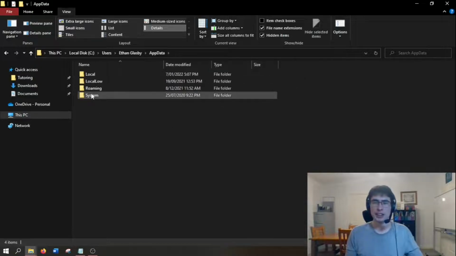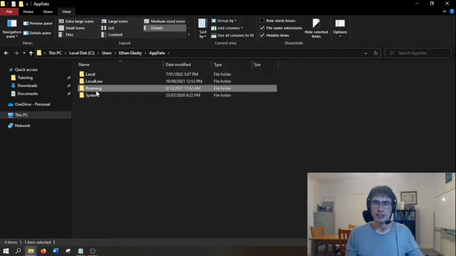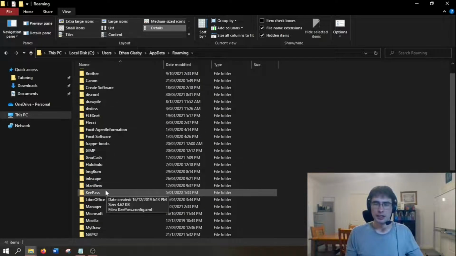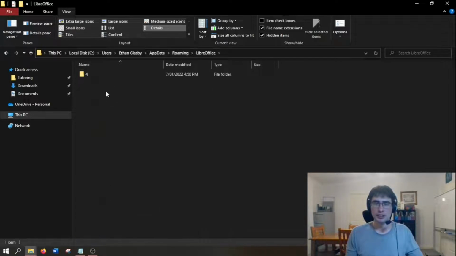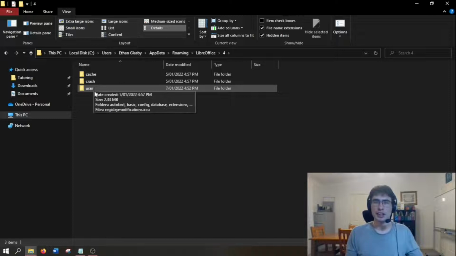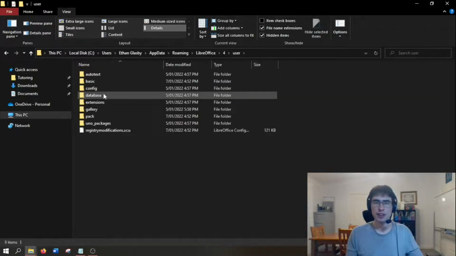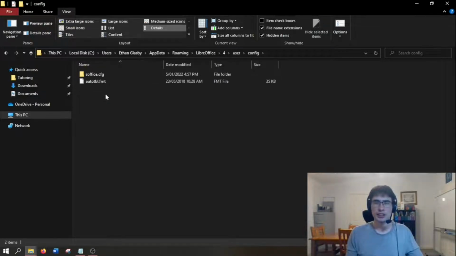We're going to go inside of that, and then inside of Roaming. Then we're going to go inside of LibreOffice, inside the folder called 4, inside of that folder, then user, then config,